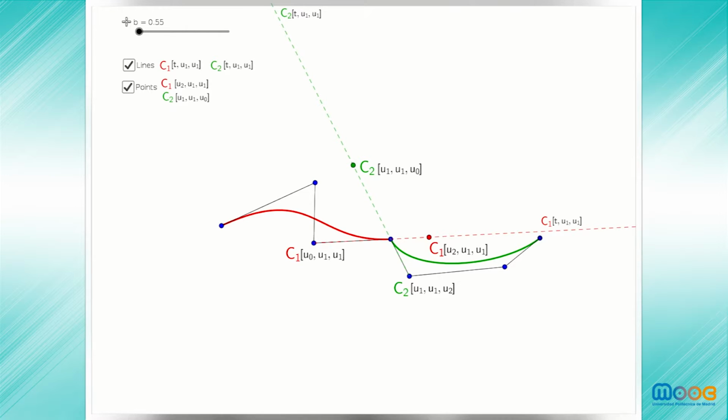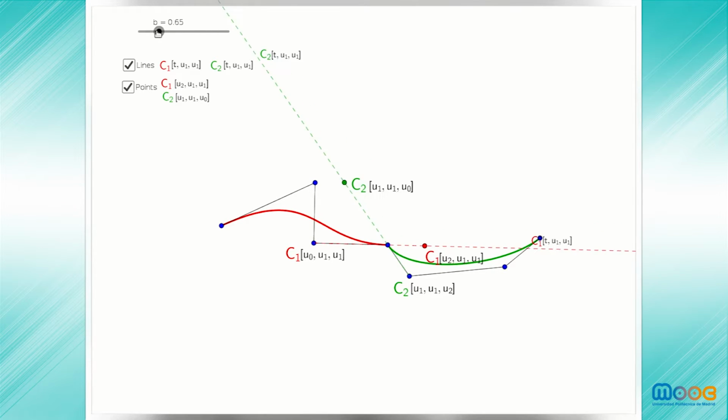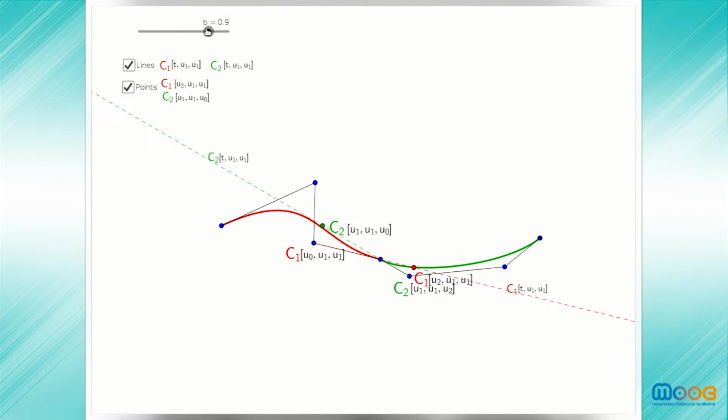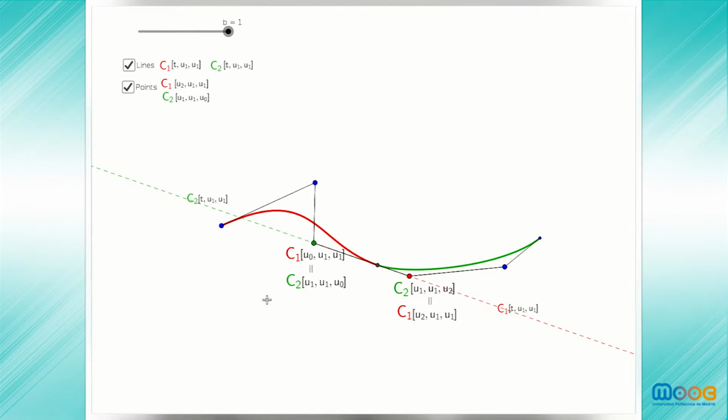When we move these points in order to get a smooth curve, we see that these points approach and finally get to be equal to the polar form of the other curve. In particular, it means that the polar forms of the first and second curves are equal when evaluated at the points u0, u1 twice, and evaluated at the points u2, u1 twice.